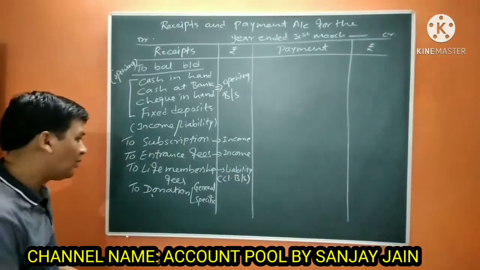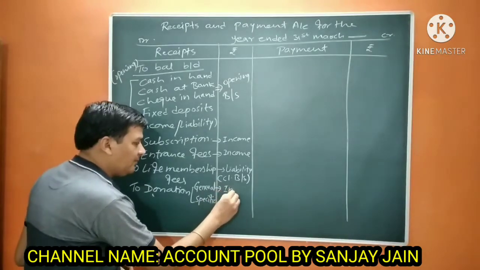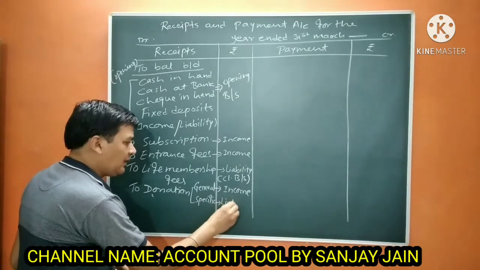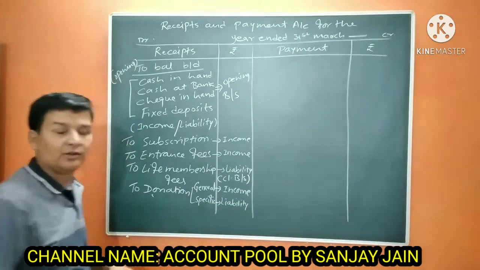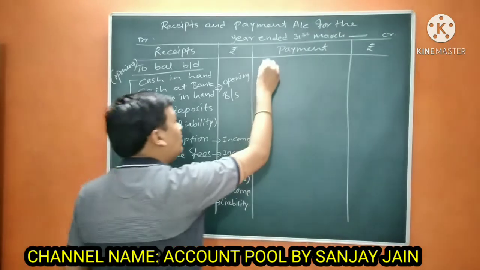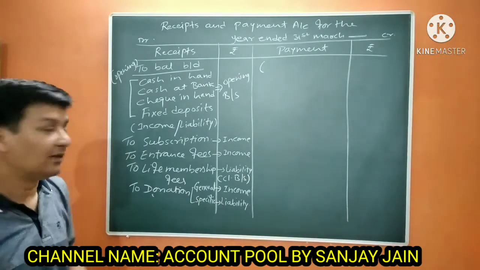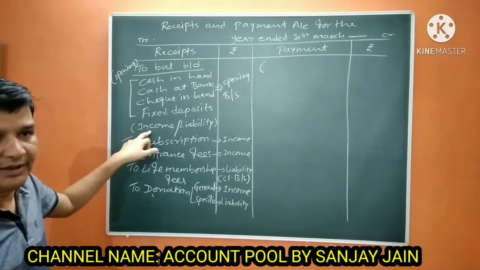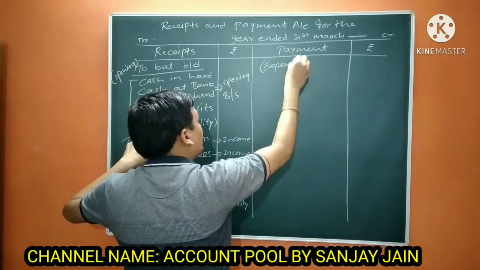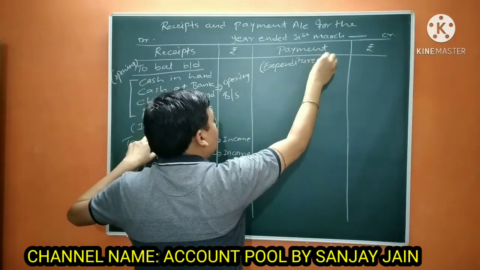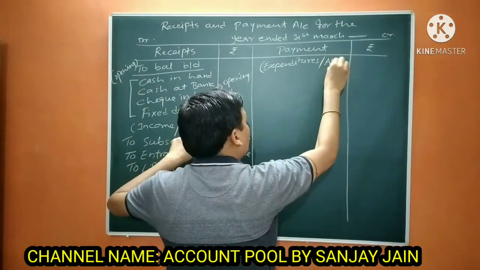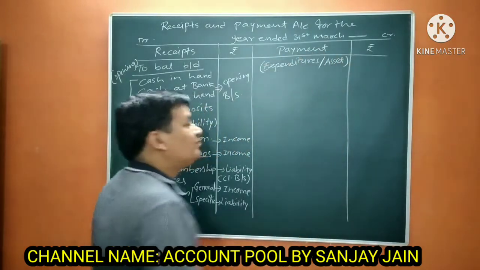You should remember. Okay. General donation is our income, whereas specific donation is our liability. You should remember these things. Okay. When we talk about the payments, it also has something. When we talk about income here, while payment we talk about expenditures here. Okay. And expenditures, liability here, that means it is going to be asset here. So it is very easy for you to remember.